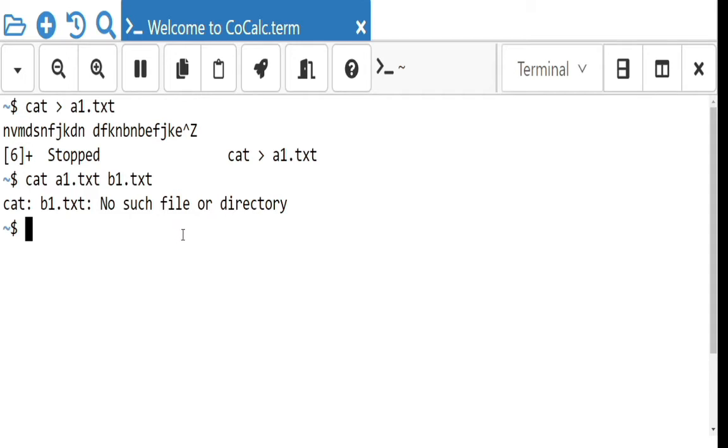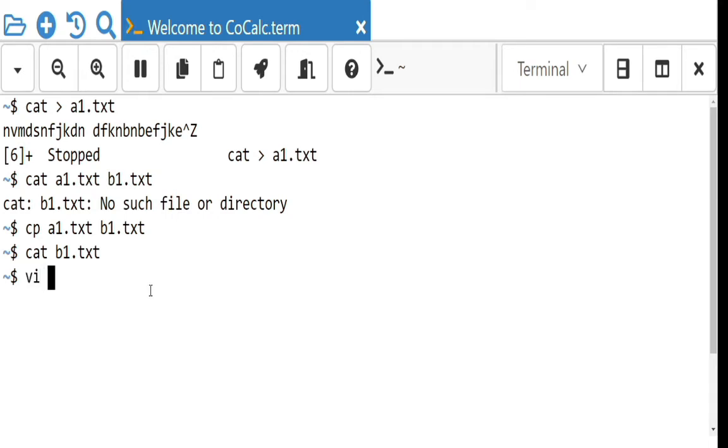So whenever you are copying the contents by using the cat command from one file to another, if the destination file does not exist, then it is going to give the error that no such file or directory is available. But it is not the case with the cp command. So I am going to do the same thing by using cp to b1.txt. Here also I have not created the b1.txt file. See, now just display b1.txt. Nothing is there, right?